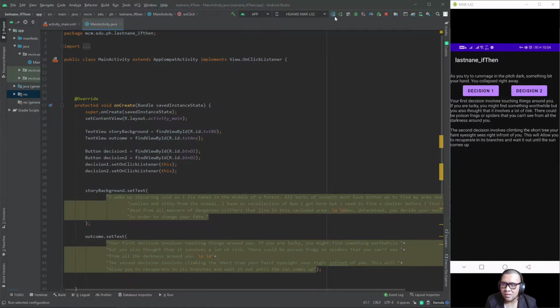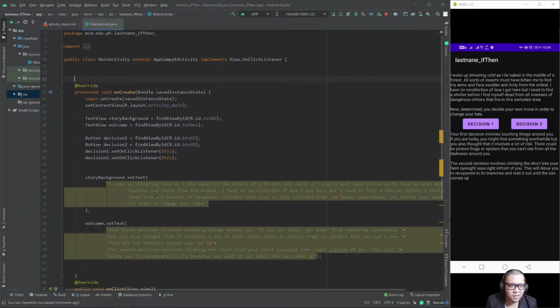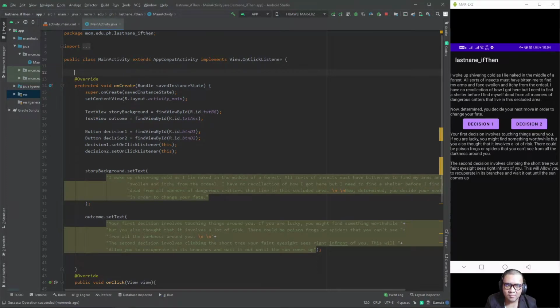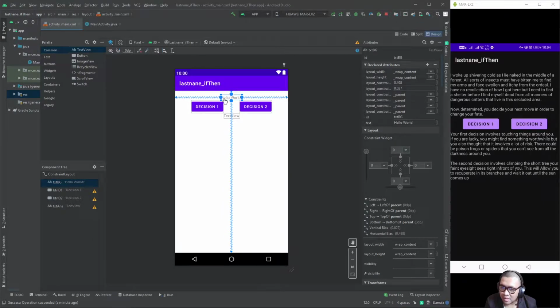So let me re-execute the code. So you might have seen there's a bit of text, a bit too many, I think. So let's start from the bottom. Yesterday we created a project. Then in the layouts we added two more buttons as well as another text view. The buttons are being bound to the first text, which is a hello world text. You can ignore the placeholder text for now. We don't need to actually remove anything